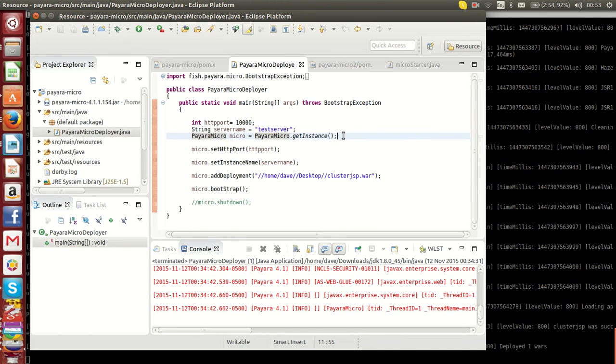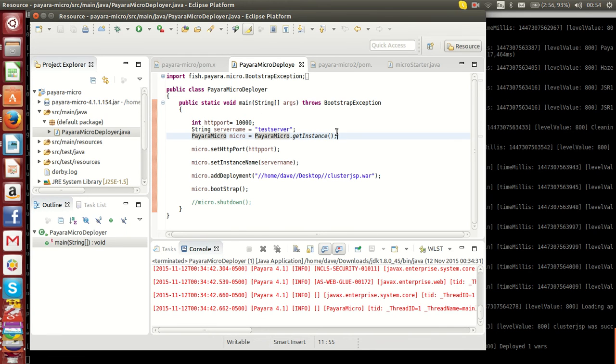But for now, I'm just going to quickly walk through this simple project and show you how you can create a basic Java application which will launch and use Payara Micro